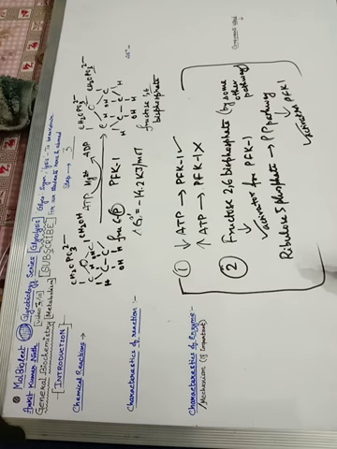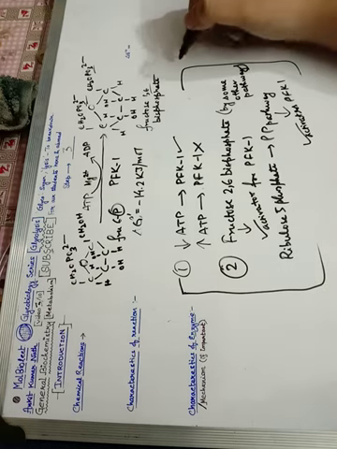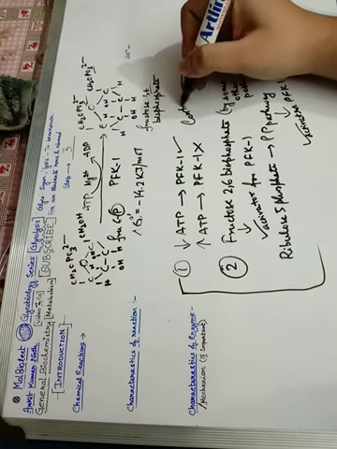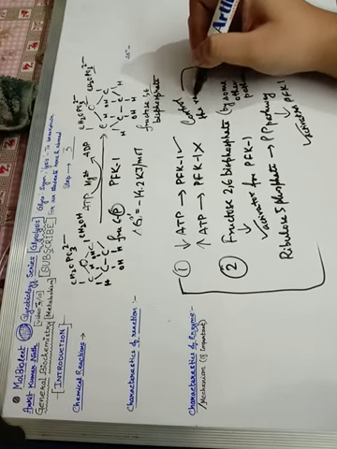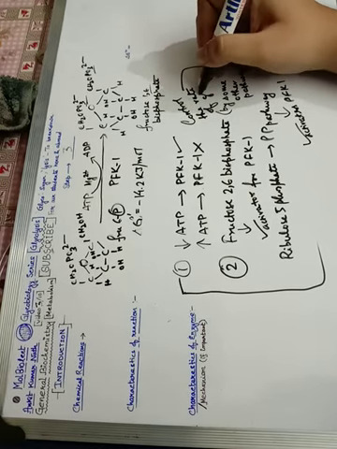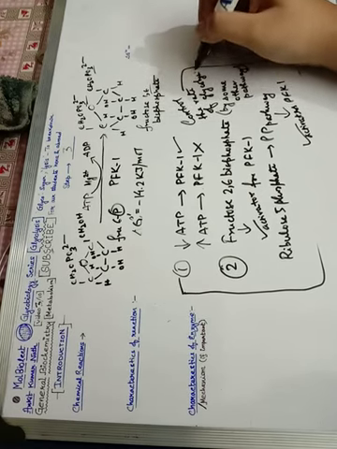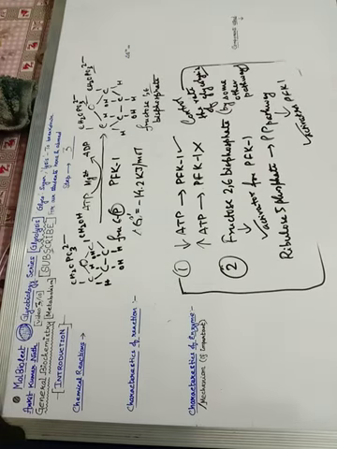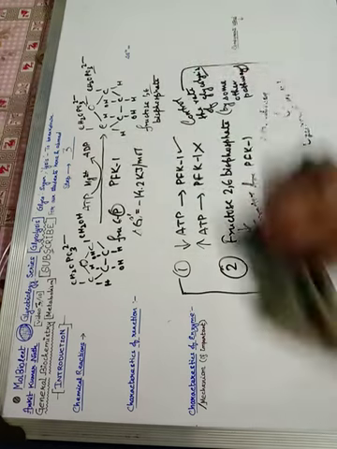So why these layers of regulation? Because it is very much essential to control the rate of glycolysis. This is how it happens, and this is what step number 3 is, basically a committed step for glycolysis. Now let's analyze what we have used so far in all these reactions.